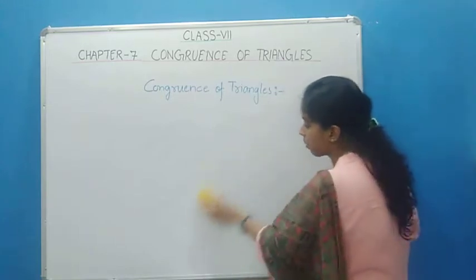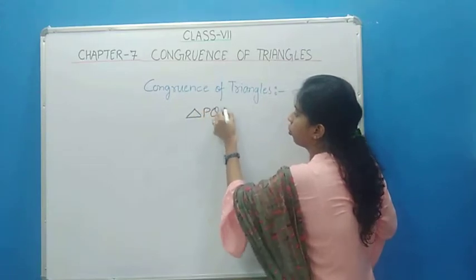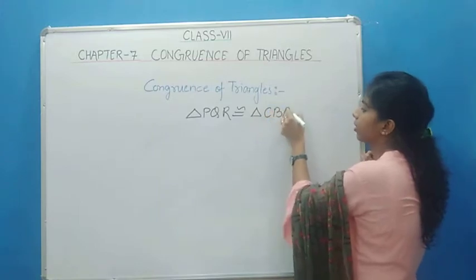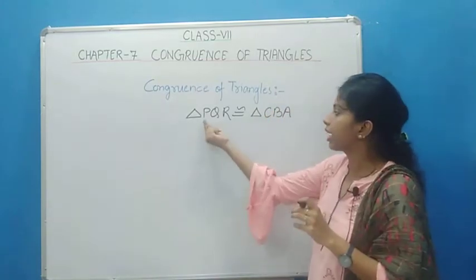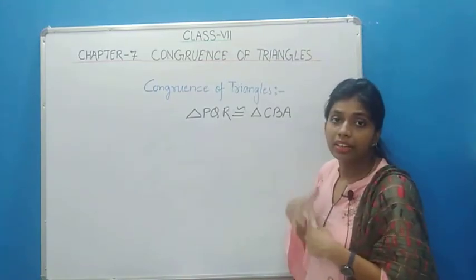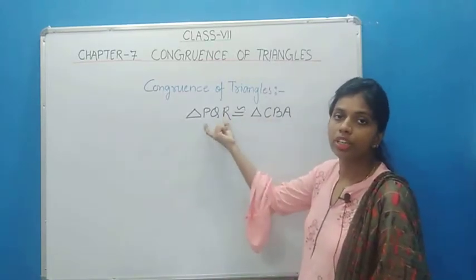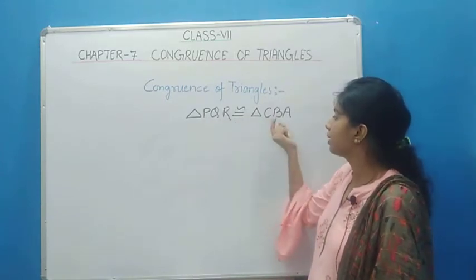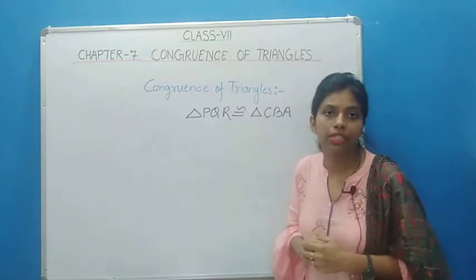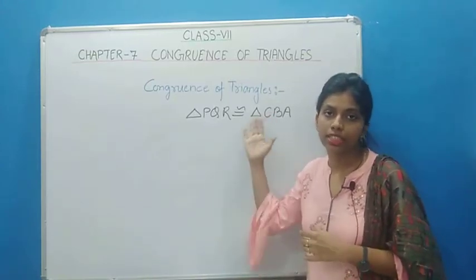Like if I am going to write any triangle, okay, if it is given that triangle PQR is congruent to triangle CBA. Okay, it is given that triangle PQR is congruent to CBA. Then what do we know by this statement only? We can say that both triangle PQR and triangle CBA must have the same shape. Their shape must be the same. After that, what measurements do we conclude by this statement only?